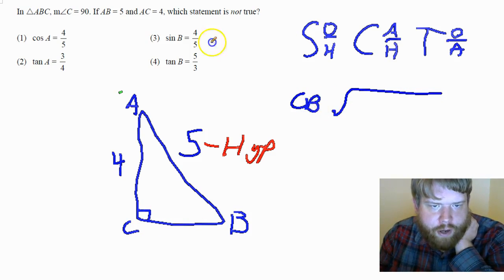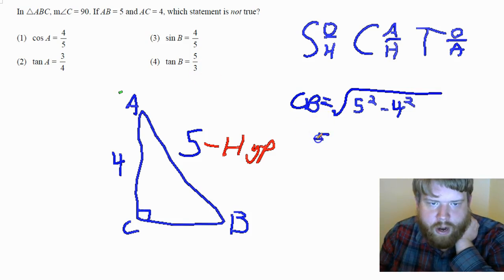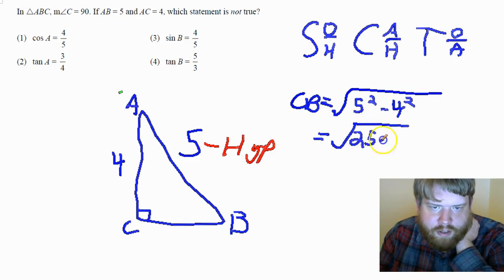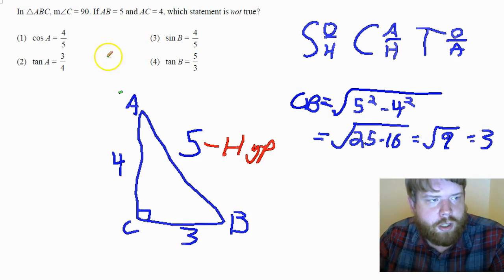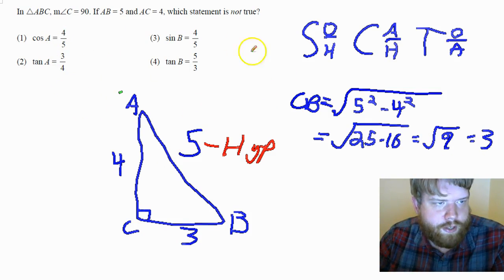5 is the hypotenuse. So using the shortened, middle school version of the Pythagorean theorem, CB is going to equal the square root of 5 squared minus 4 squared. That's the square root of 25 minus 16. That's going to be the square root of 9, which is, of course, 3. So that Pythagorean triple there tells us that CB is going to be equal to 3. That's going to be useful to us as we look at these 4 choices